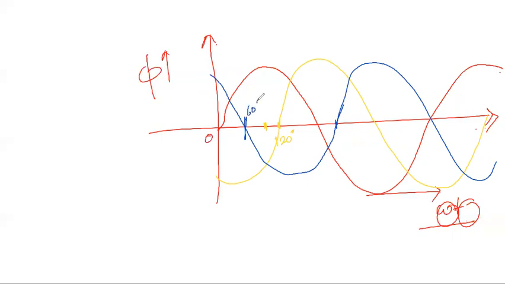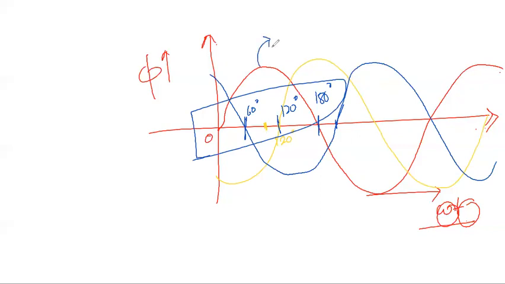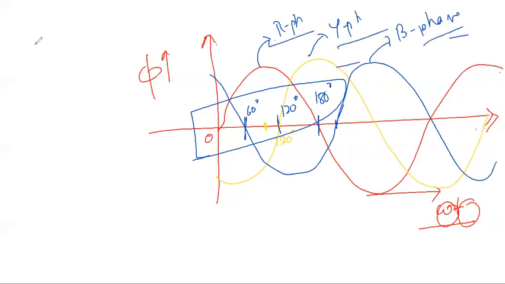So let me mark this one as 60-degree, this one as 120-degree, and this one as 180-degree that is being present there. So there are 4 instances at which the fluxes are to be present there. So this is generally R phase, this is Y phase, and this is B phase that is being present there. So at the instant of energizing the phases of respective conductors, I can write 3 sets of equation for the alternating fluxes,